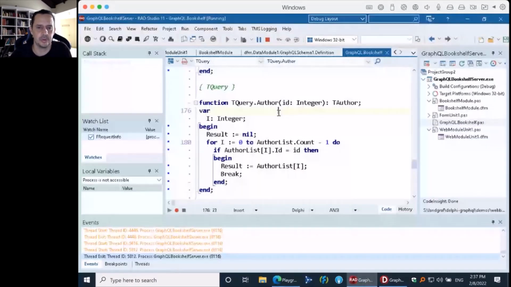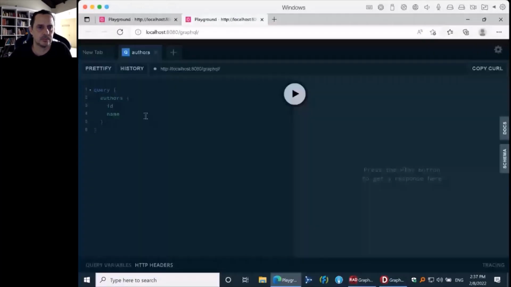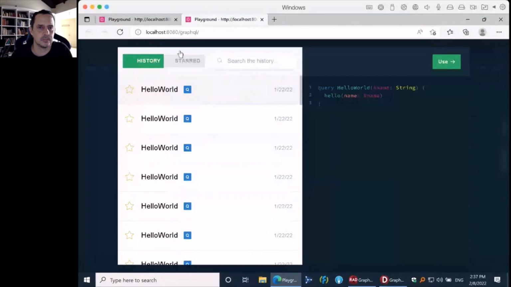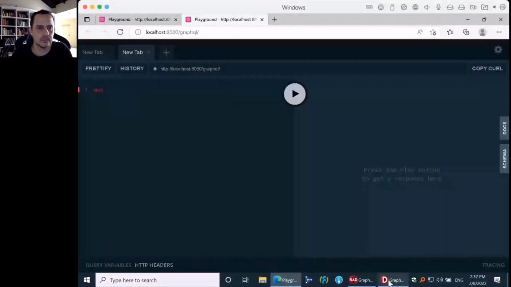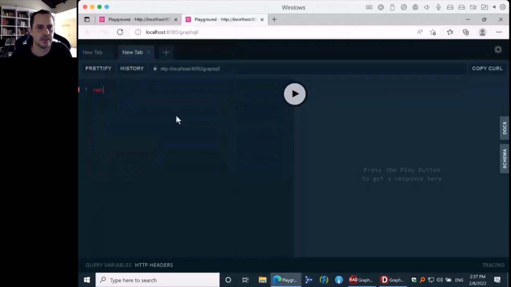For example, create author. Let me put a breakpoint here and copy and paste this.